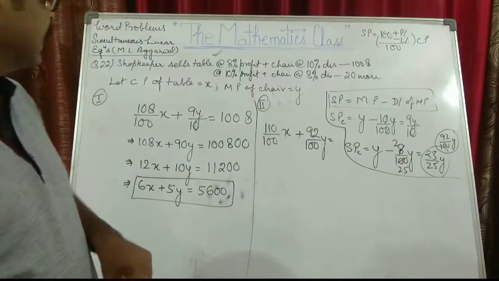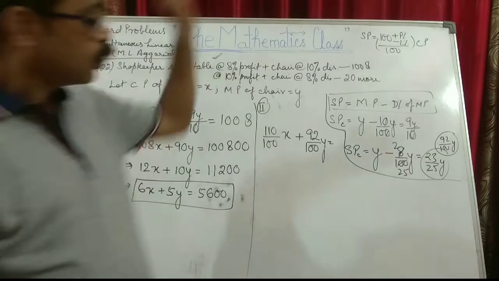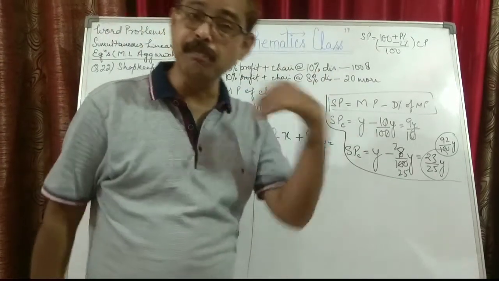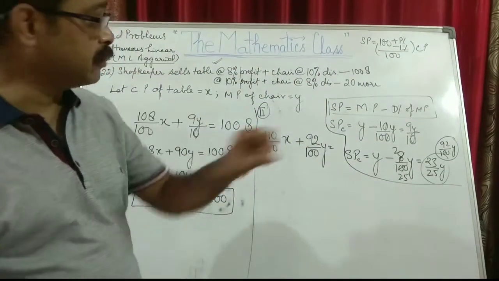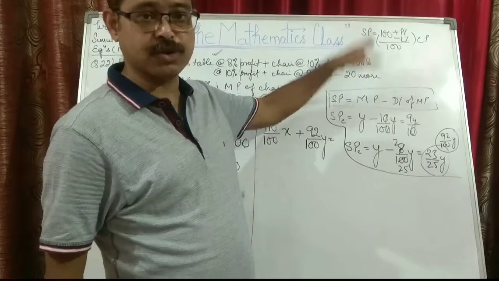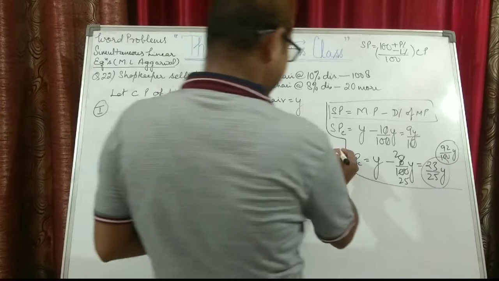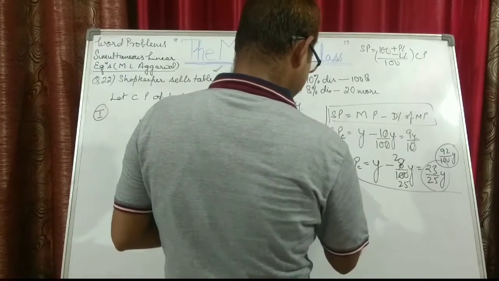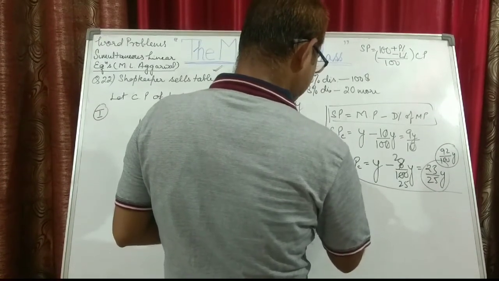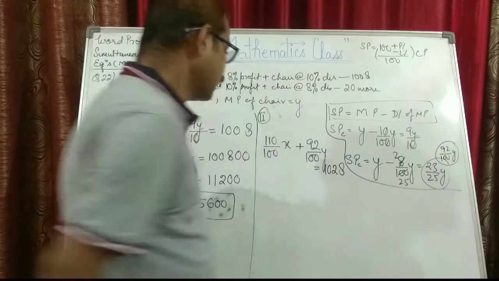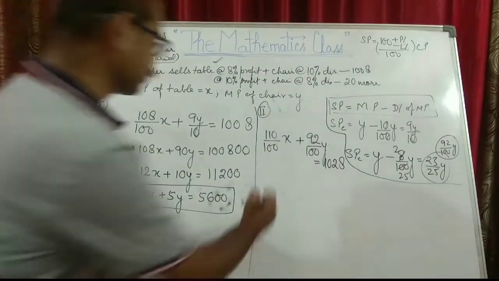They say that he is earning rupees 20 more. Now 20 more means he was earning 1008, so now he will be earning 1028. So I'm writing it over here, 1028. Now again you take the LCM and solve it out. So this will become